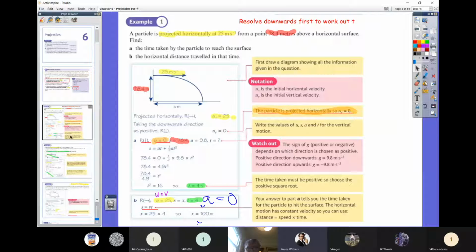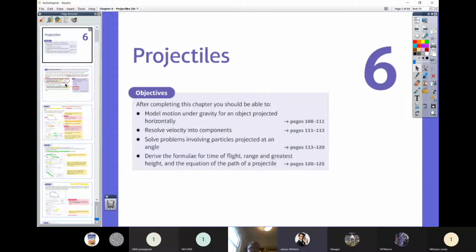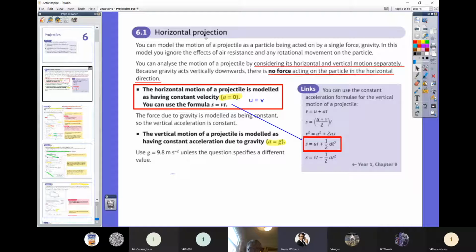So for all of these questions, this will be the diagram. For today's lesson, you are here and you are projecting a projectile, I should say, horizontally. Okay, so all of these ones today, that's what we're going to be doing. So we're projecting it horizontally. Now what we're going to do is break the projection down into the horizontal components and the vertical components. Okay, so when you project it horizontally, the left to right bit is not impacted by